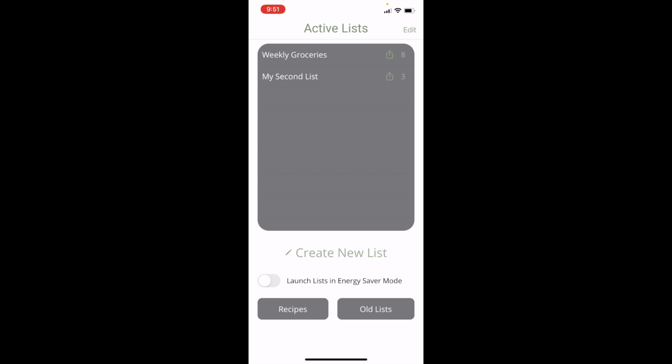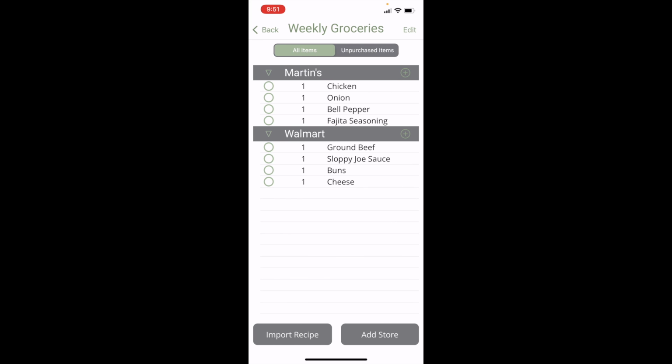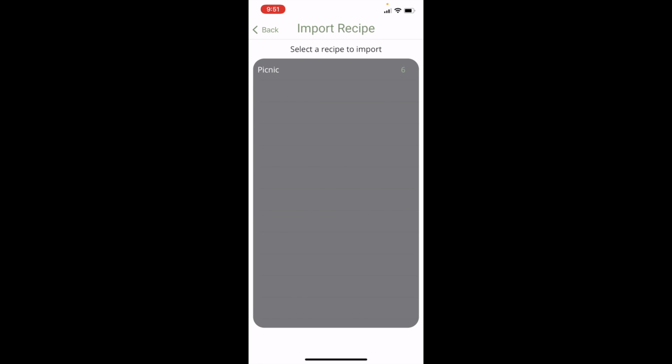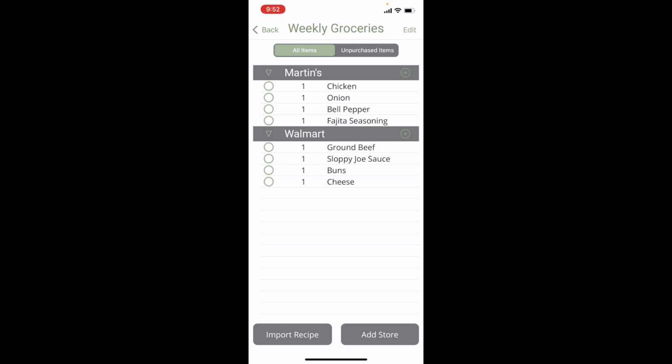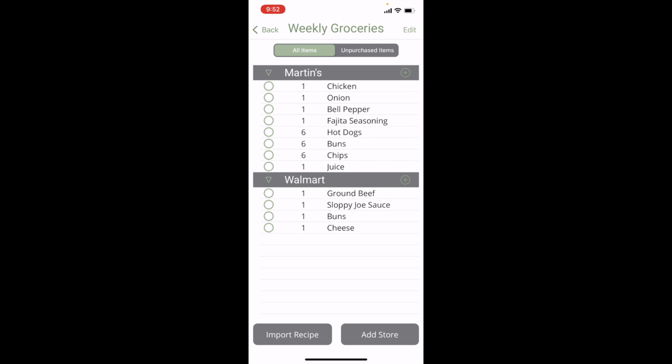We'll go into weekly groceries, and you'll see here that we can import a recipe. Picnic has 6 items, and once you pick picnic, you get to select the items that you want to exclude. We don't want ketchup and mustard in this case, so they will be excluded when we import. You confirm your selection, and you'll notice that since the recipe was at Martin's, they were added to the existing